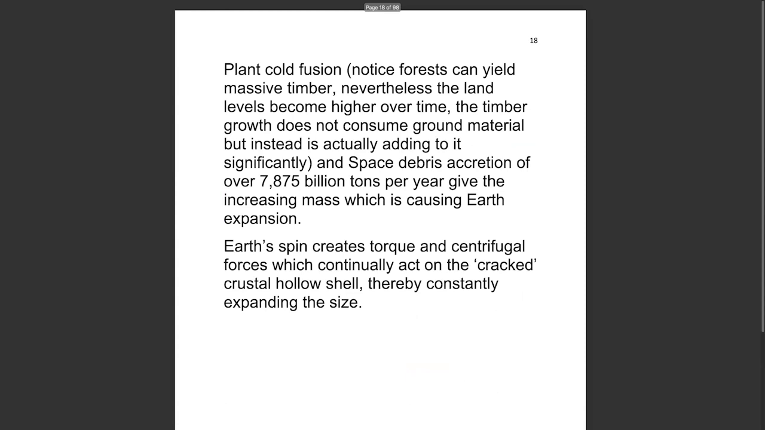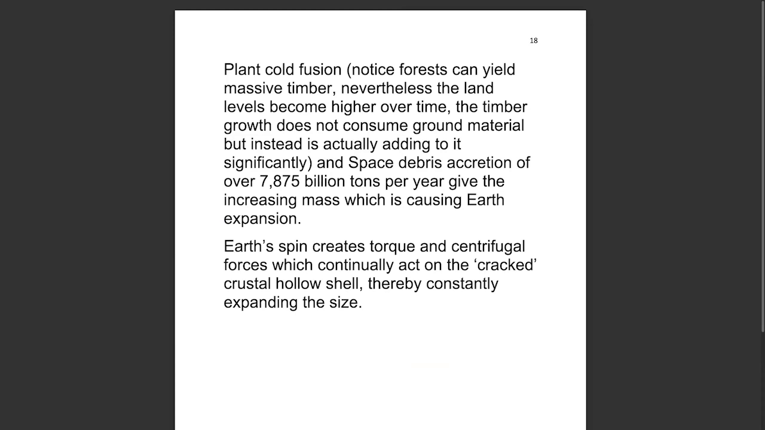Plant cold fusion. And notice, like I said, forests can yield massive timber, but the land keeps getting higher. The growth does not consume the ground material. Instead, it adds to it. So what the plant's actually doing is cold fusion. It's bringing up the material to act like a printer and duplicate it. And then it just keeps what it brought up and reduplicates it into what it is over and over and over. A person actually won a Nobel Prize where he grew plants in a sealed system, and